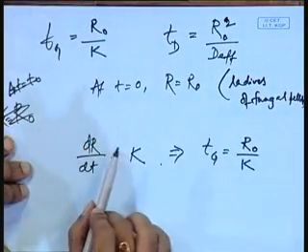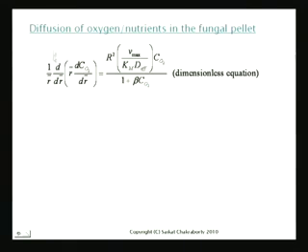So if you have to assume quasi steady state, quasi steady state of what? What does quasi steady state mean? Let me go back to the screen here. What quasi steady state means is that I wrote a steady state equation for the diffusion of oxygen, but I am writing an unsteady state equation for the growth of the radius of the pellet, which means that the diffusion of oxygen is much faster than the movement of the radius of the pellet. In real life, the fungus radius doesn't change every second. It changes over a period of days, whereas oxygen diffusion is taking place over time scales of minutes. Is it clear to all of you?